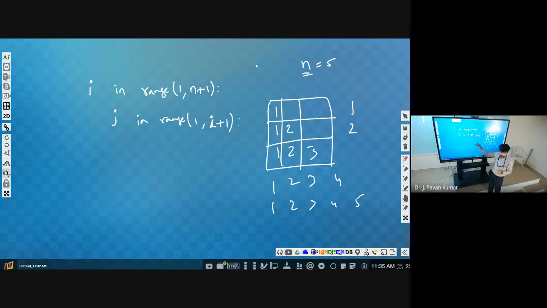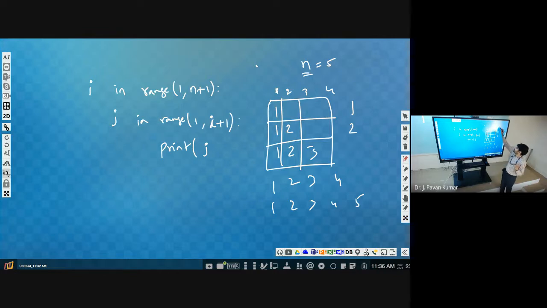Then what we have to print here? Column number, right? This is column number 2, 3, 4. We are having 1 only in the entire column, 2 only in the entire column, 3 only in the entire column. So we have to print just j, and we have to print all the entries. Suppose in the ith row, i entries we will be having. All the entries we have to print in the same row, isn't it?